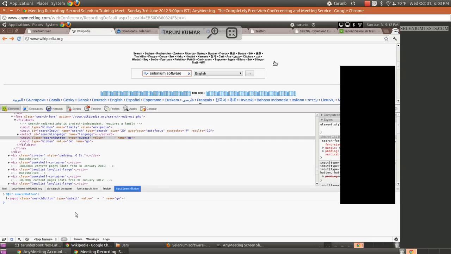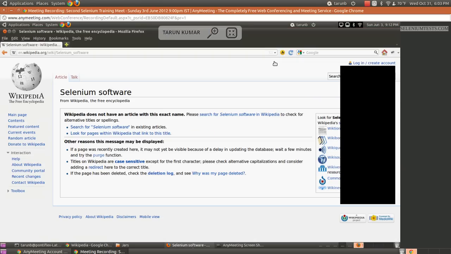So I think that's fine for now. So let's move on to Selenium IDE, which we are going to spend very less time on for now. As we all know, Selenium IDE is a Firefox plugin. You can download it from the Selenium headquarters site or the Firefox add-on site itself. I have it downloaded already.